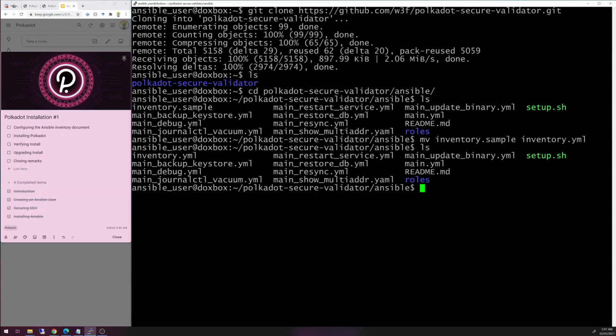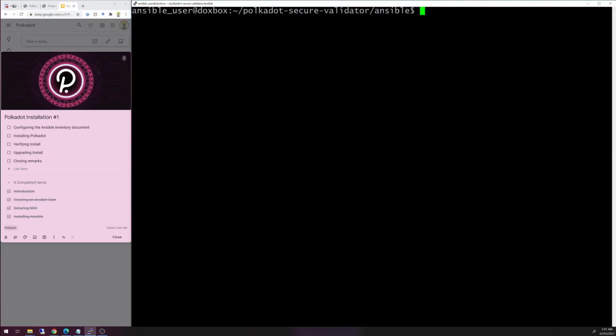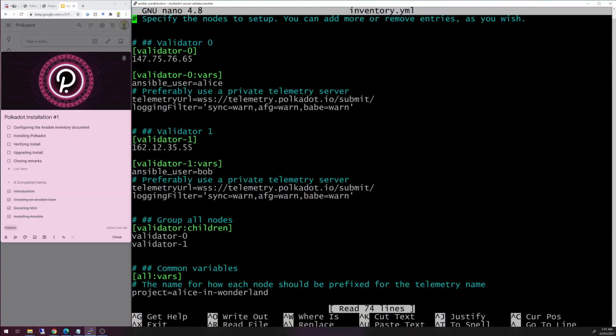Okay, so if I do a list, I now see that there's that inventory.yml. I'm going to clear the screen, and then I'm going to do sudo nano inventory.yml. So what that does, I elevate myself. I use Nano. Nano is a text editor, and I'm saying open the inventory.yml file. Okay, so this is where we're going to do the configurations to personalize this